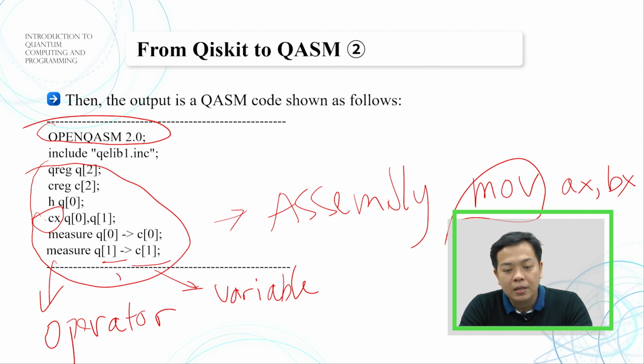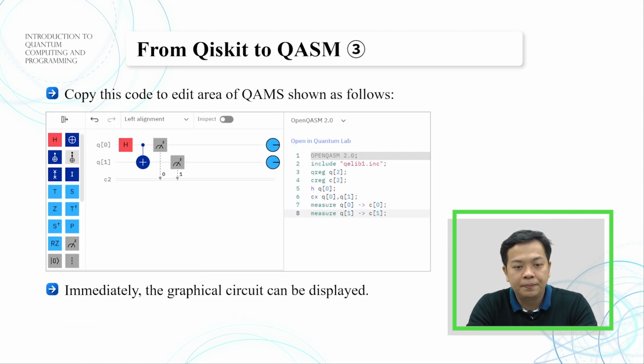Actually, QASM code is more friendly to machine code, and runs faster. Qiskit is more friendly to humans, because the code looks very similar to Python or C++. And here, after you design,